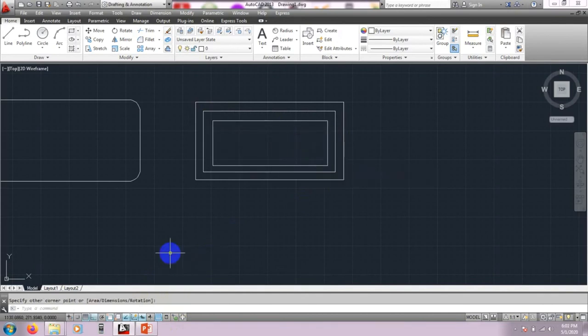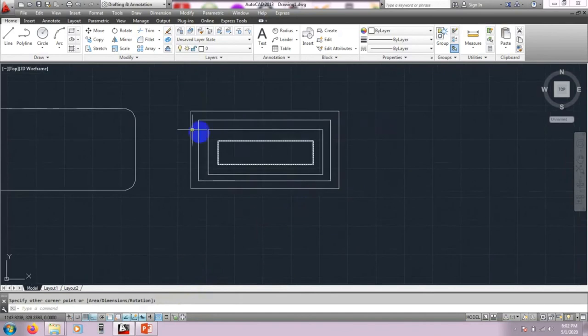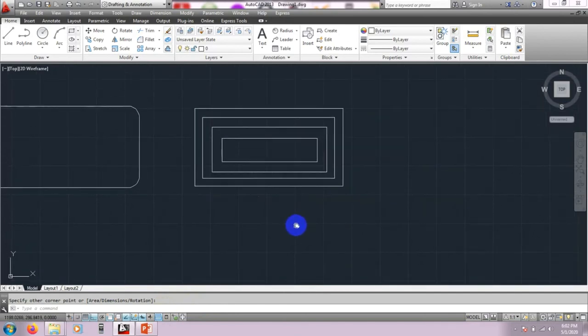So again REC, click here, elevation, and give here now 15. So click here, like that way. But from the top view you can't understand anything from here, what is that or what is the variation of that. So for that we have to go in 3D mode, or we have to go in